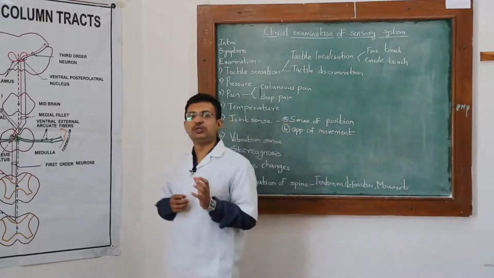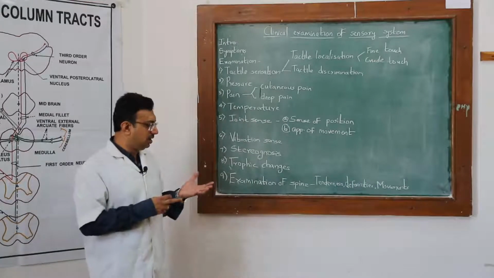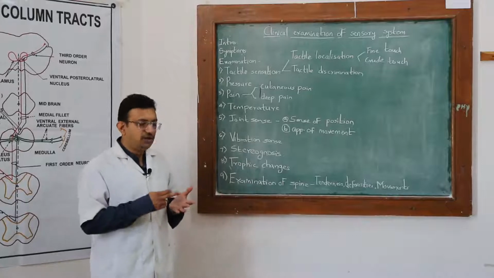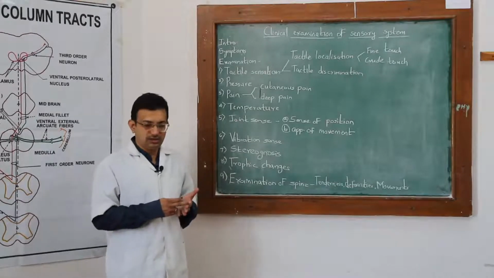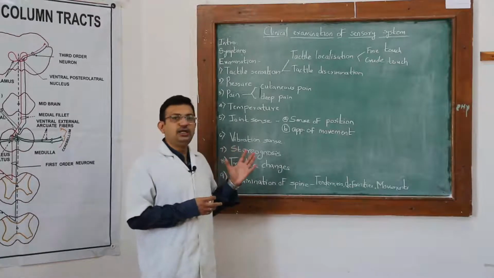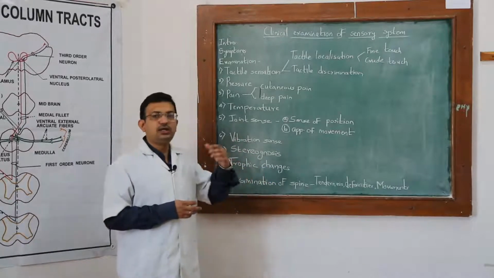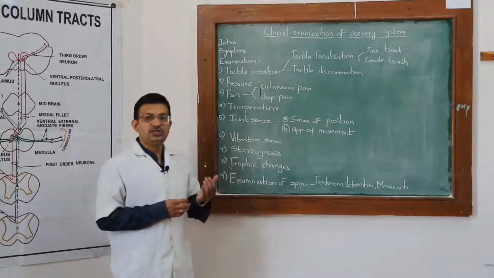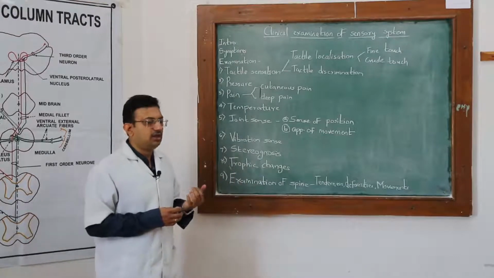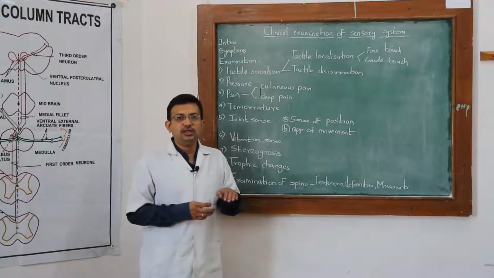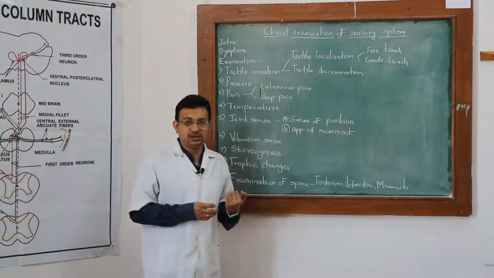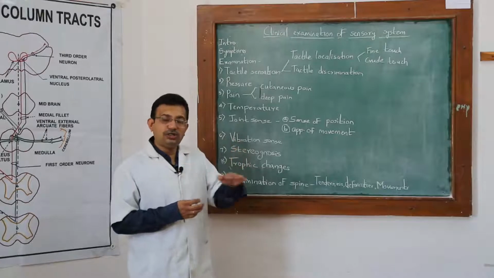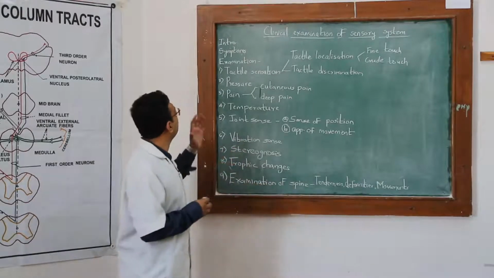So the main symptoms of the sensory system are loss of sensation, loss of all sensation, reduced sensation, increased sensation, then any tingling or altered sensation, which is called paresthesia. Hypesthesia is decreased sensation. Then analgesia is reduced pain sensation. Anesthesia is reduced or decreased all sensations. So such things are there, and